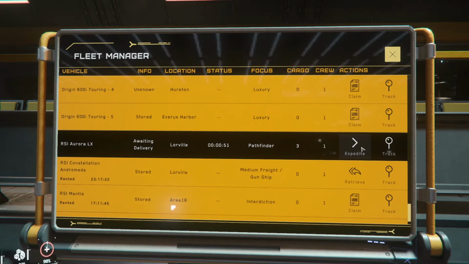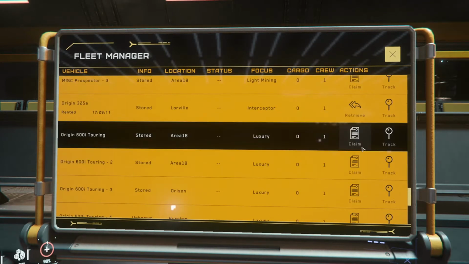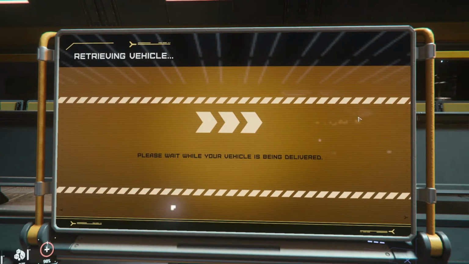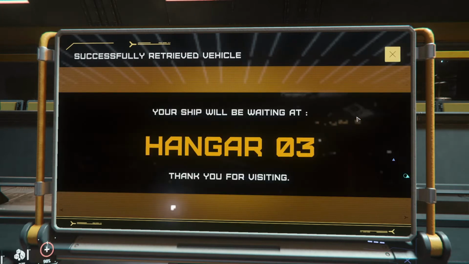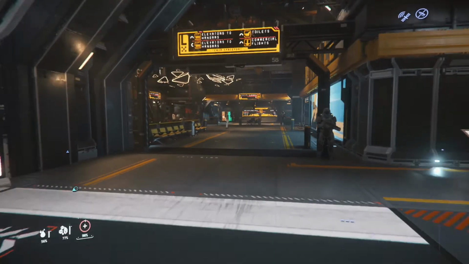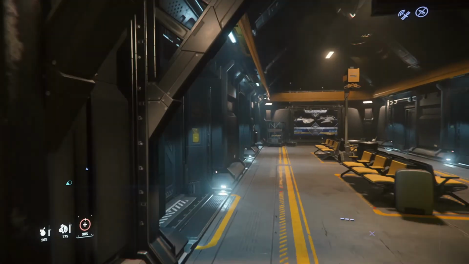Right now, ships don't get transported. So the process for getting a ship that's parked somewhere else and the process for getting a replacement ship for one that you have destroyed is exactly the same. You click on that button and you'll get an entirely new ship. I'm going to get my rented Origin 325A. It's a nice little ship, a light civilian fighter. Hangar 03. So we're going to get to the